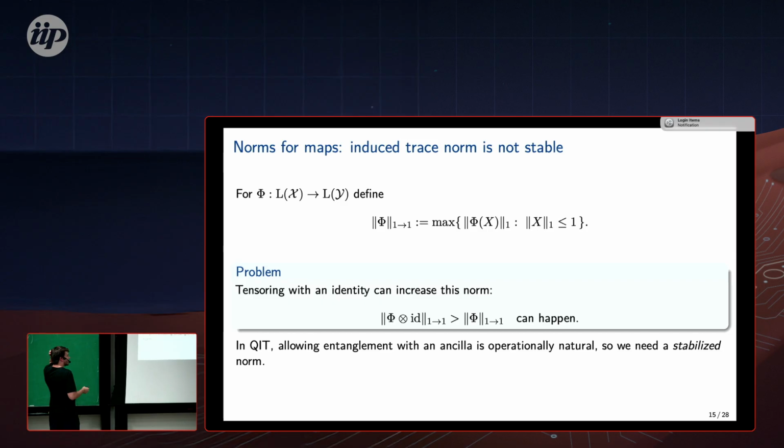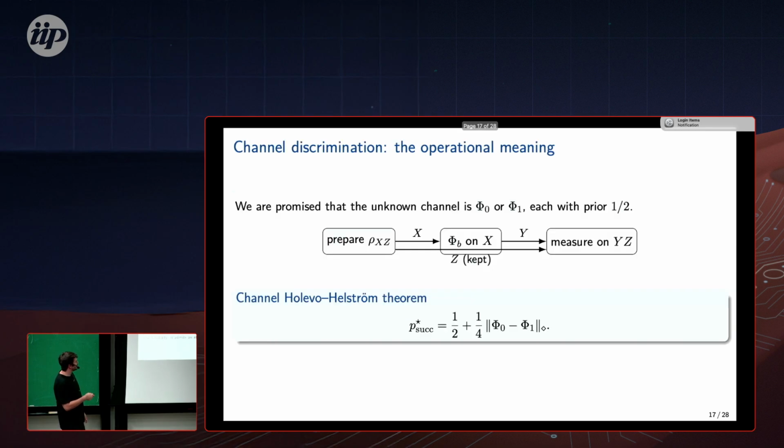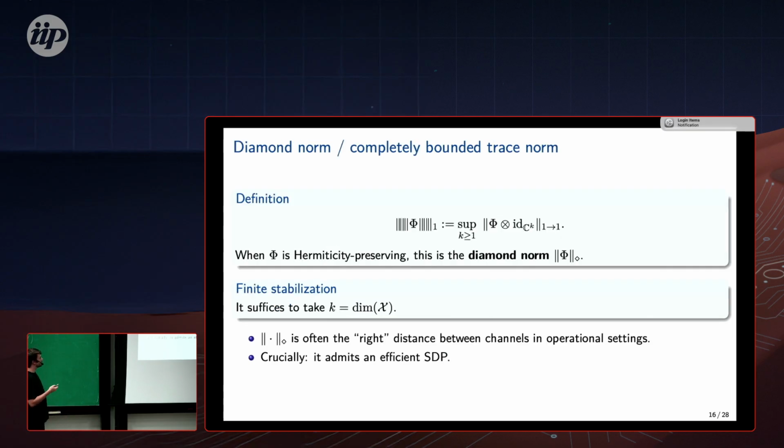So first, I should let you know that actually allowing for this extra system over here can increase your probability of success. So there are examples of quantum channels where if you're not allowed some sort of extra entangled state for which you can send the channel, the probability is actually worse than if you have some entanglement as a resource. And from a mathematical perspective, this comes from the fact